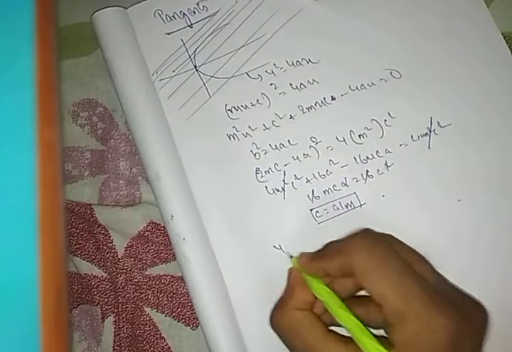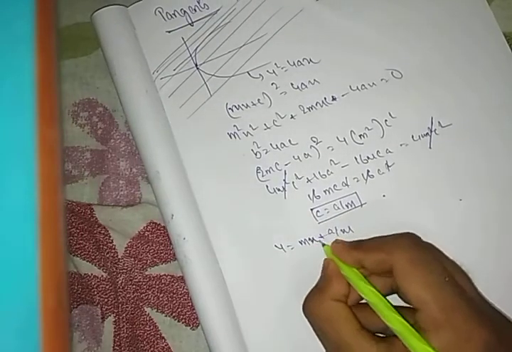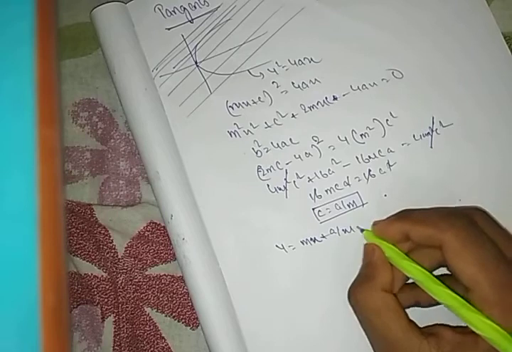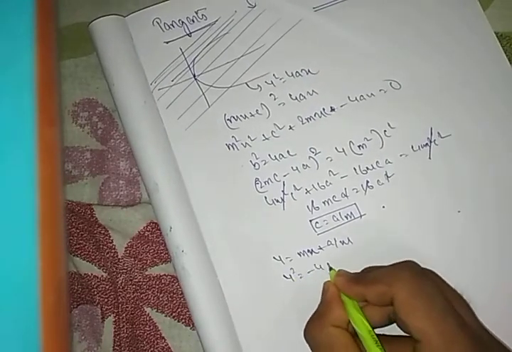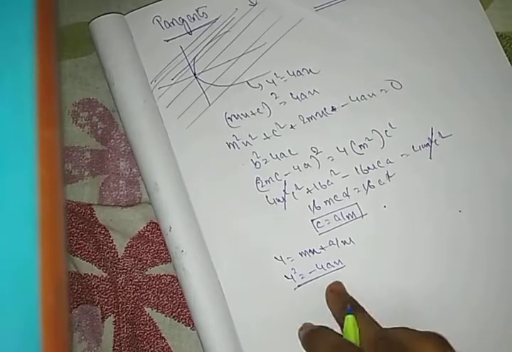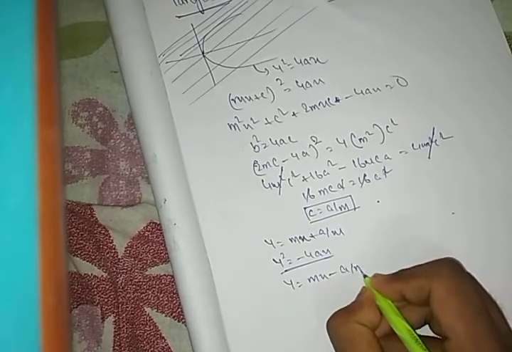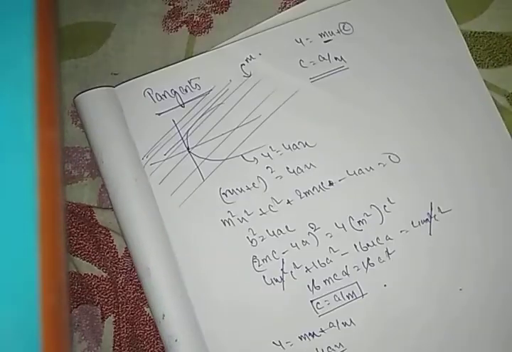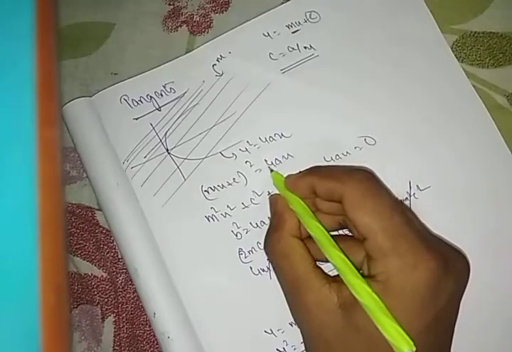So it's the condition. So what can we write from here? From here we can write y equal to mx plus a by m. For y equal to mx plus a by m, it will form a tangent for the parabola y square equal to 4ax. What if the parabola is y square equal to minus 4ax? The equation would have been y equal to mx minus a by m. You can check it easily. Just this will be minus 4x.